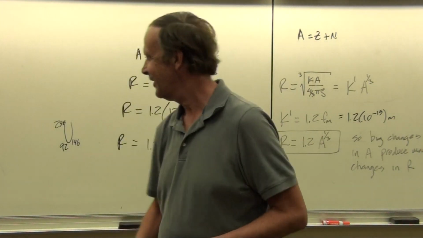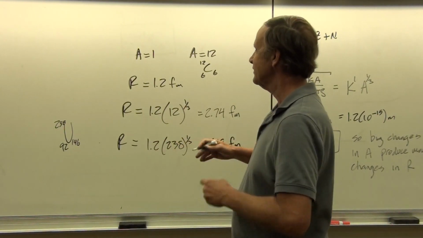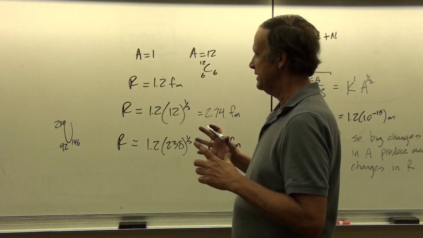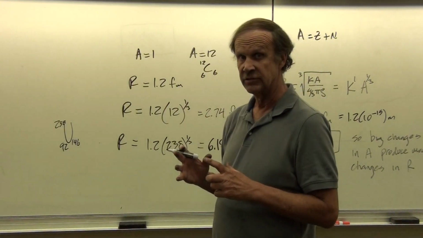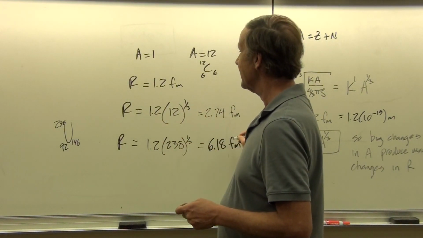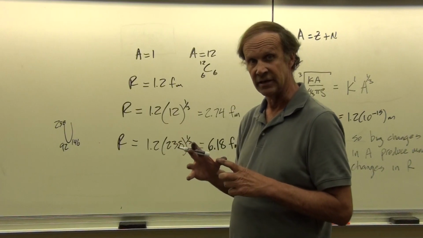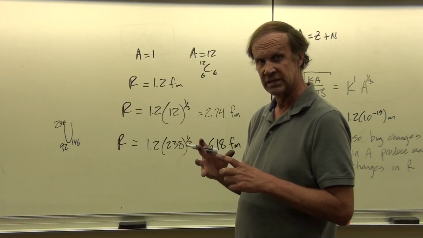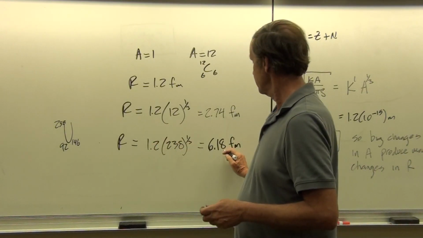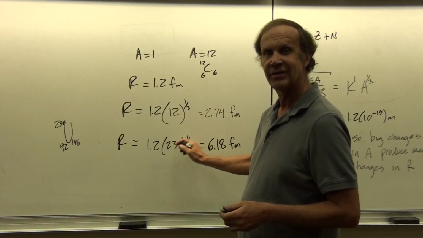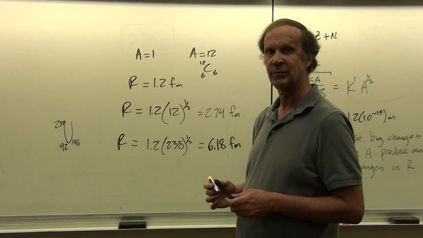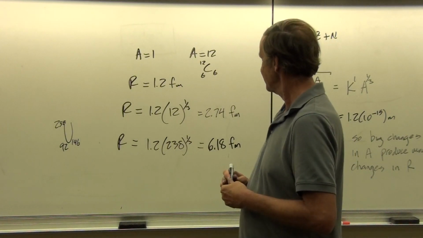And so this is why it's possible, even though the strong nuclear force is so short range, we can still squeeze a lot of stable atoms into that very short distance, because the radius increases so sluggishly with the increase in atomic mass number. Okay, but this is pretty much it.